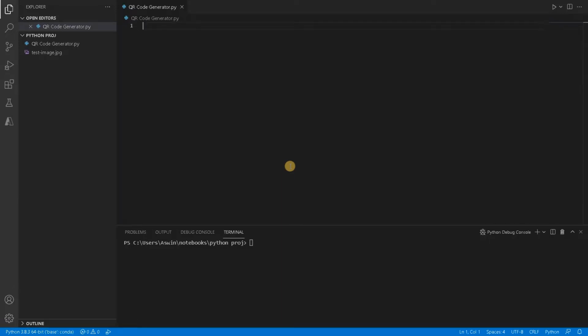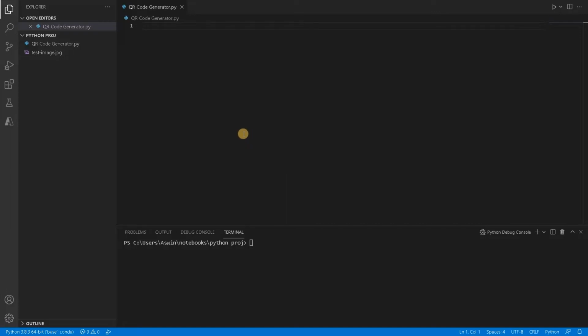In this video we are going to see how to create a QR code generator using Python. So here we have to use some module in order to create some QR code, and you can also do some customizations of generating how you want to create a QR code. So we will see all of these things today.